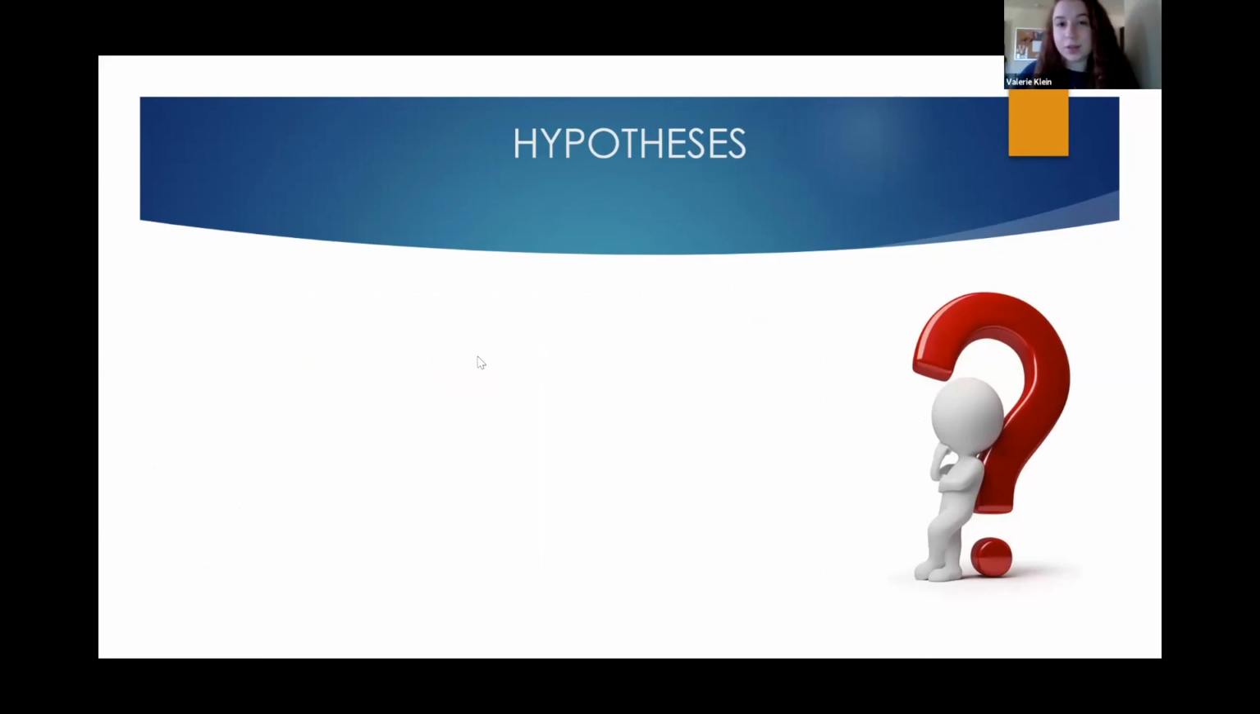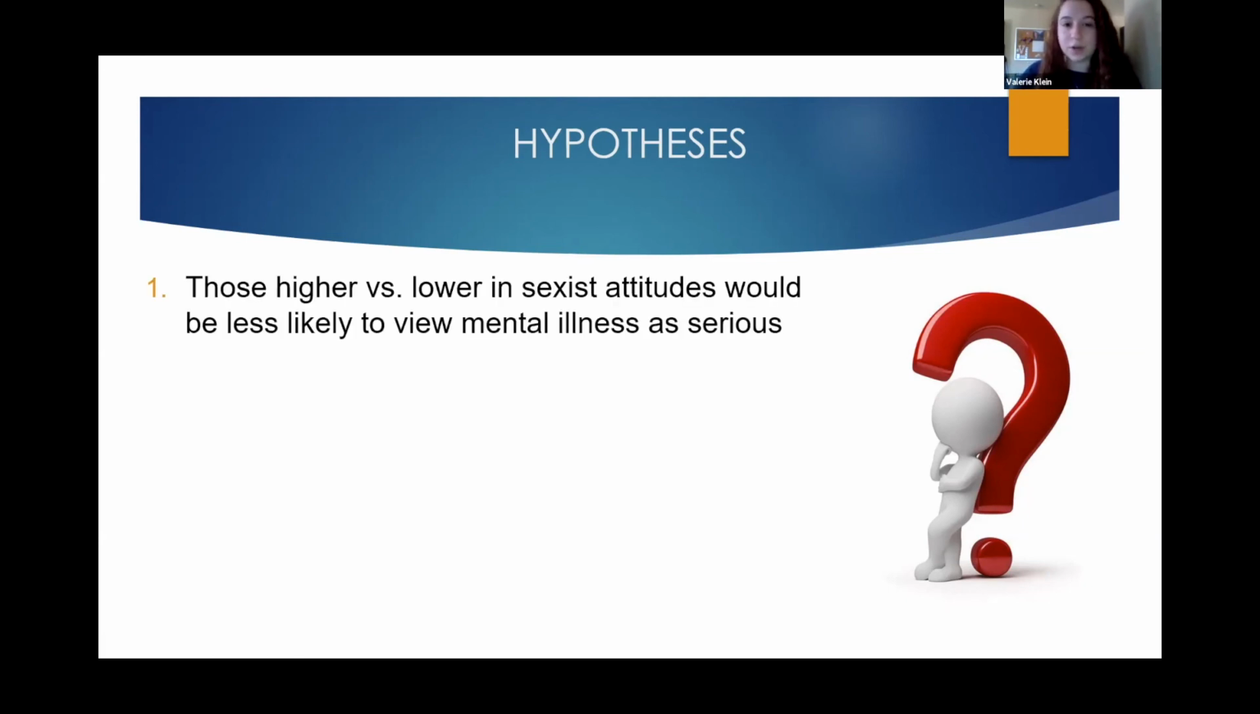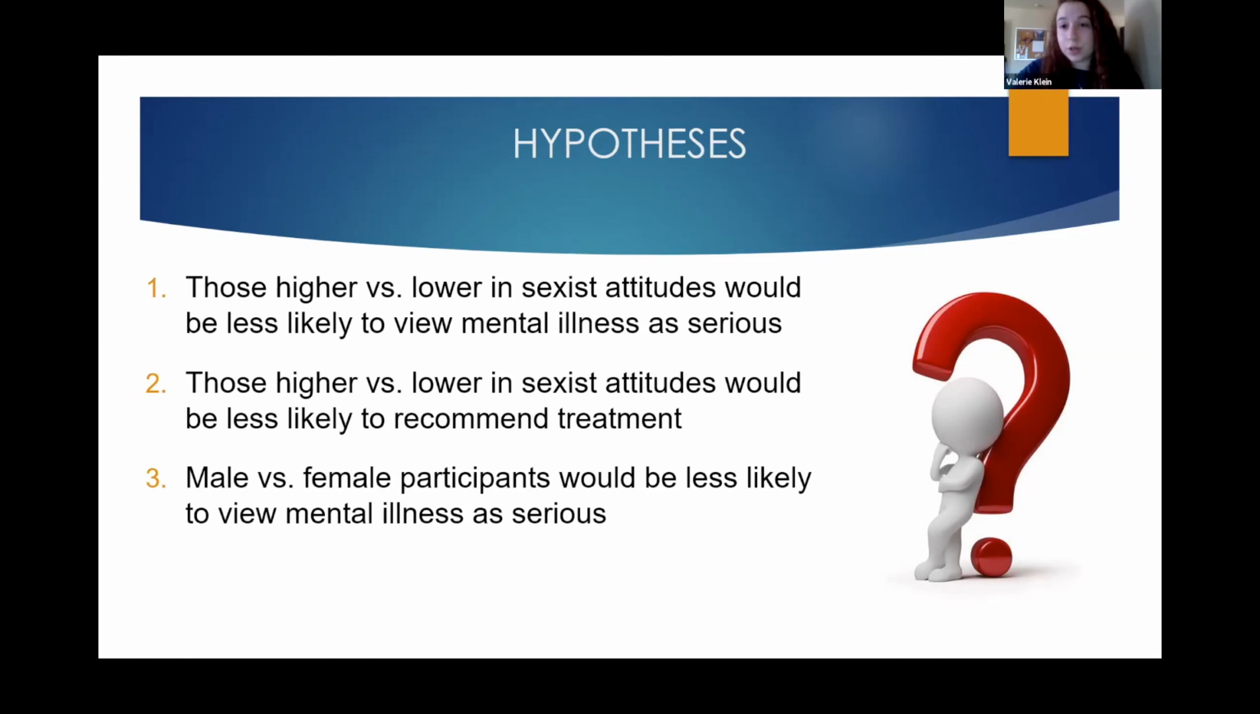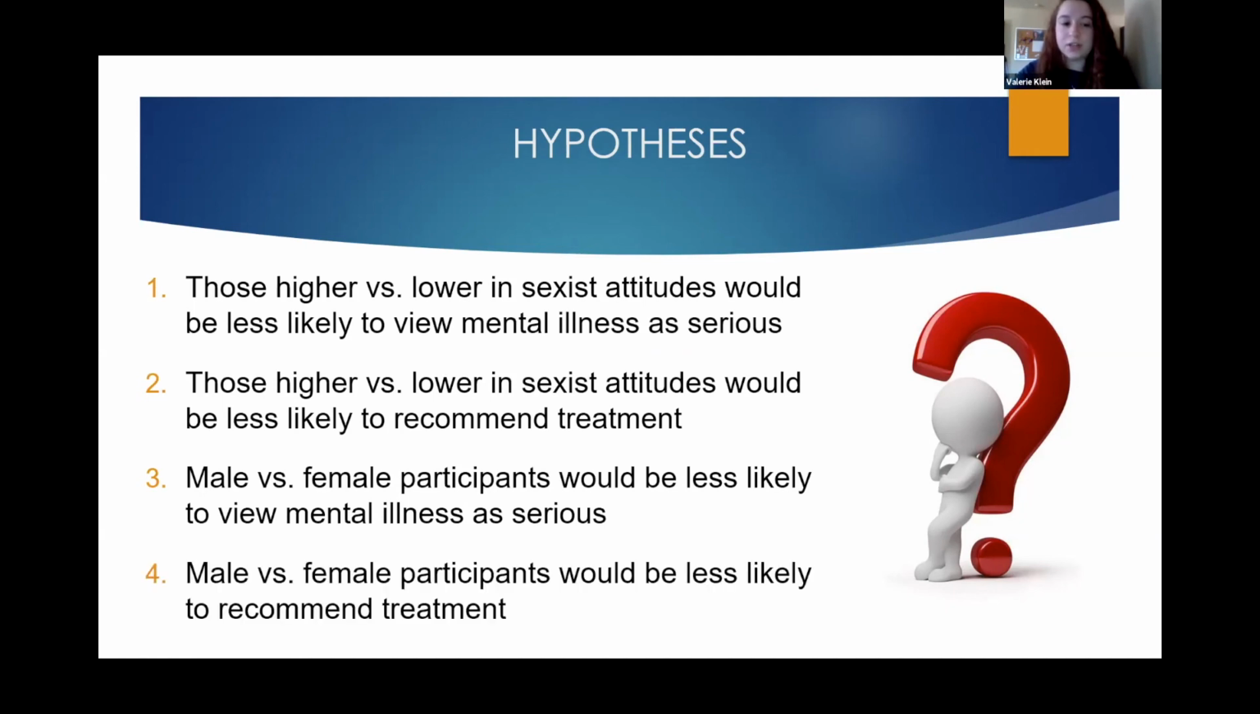So based on previous research that we found, we ran 4 different hypotheses for our study. The first one was that participants who scored higher versus lower in sexist attitudes would be less likely to view the mental illness we portrayed in a vignette as serious. The second one was that participants who scored higher versus lower in sexist attitudes would also be less likely to recommend treatment. Our third was that male participants versus female participants would be less likely to view the mental illness portrayed as serious. And our fourth and final hypothesis was that male versus female participants would also be less likely